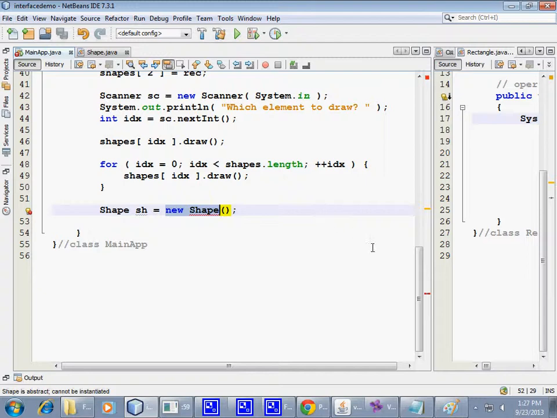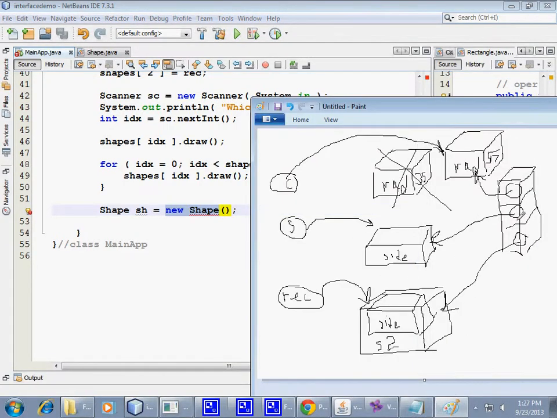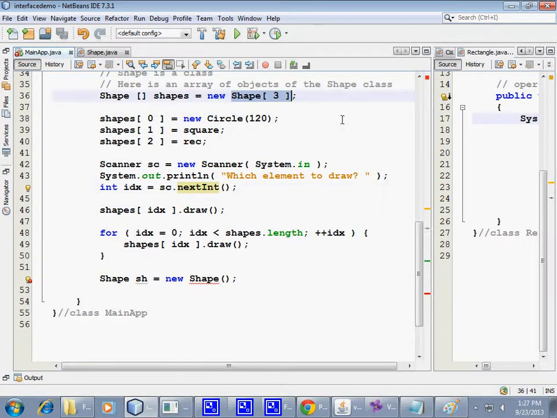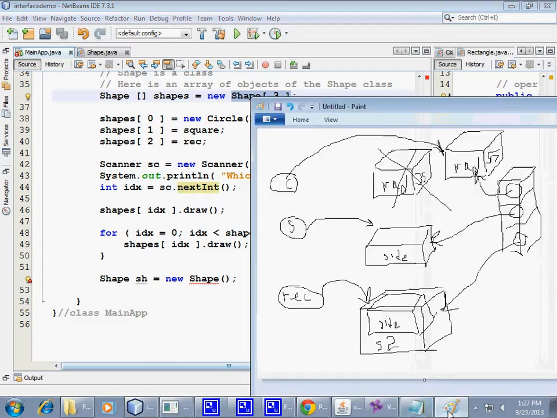Well, you may say, well, how come? Look, we had the whole array of shapes and it was okay, so what really is going on? Well, look, when we created an array, we never created any shapes. Remember, to begin with, this array of shapes was initialized with zeros internally, with like null pointers to non-existing objects. But then we said shape 0, 1, and 2 and assigned particular references to already existing objects, or actually created a new one on the fly.